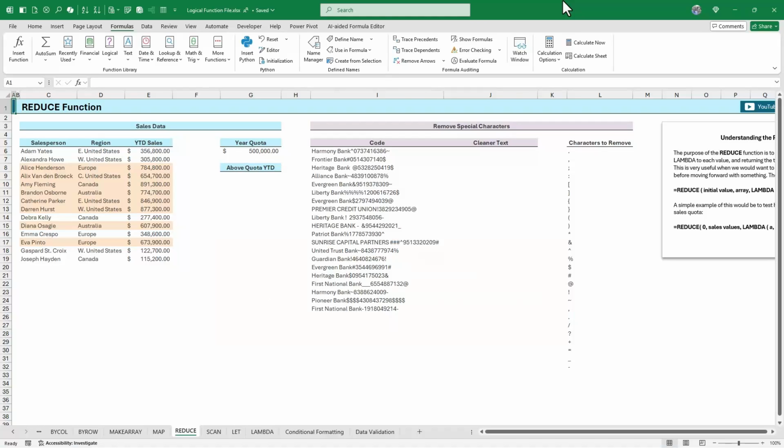So the reduce function's job is to reduce something down to a single value based on some sort of Lambda function. Now, oftentimes, the examples for this could also be replicated by other functions, so this first one's going to be something that you could use COUNTIFS for, but it's a good example of how the function operates. Here, I want to count up the number of entries where the year-to-date sales is in excess of this $500,000. So, in other words, I want to compare each one of these rows down